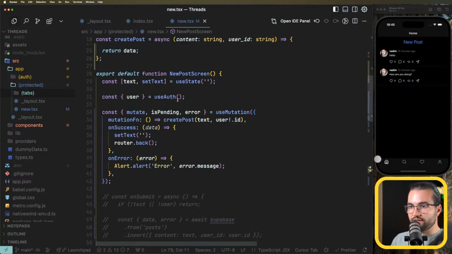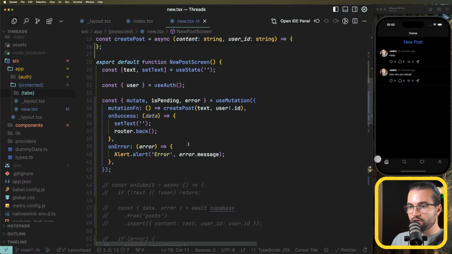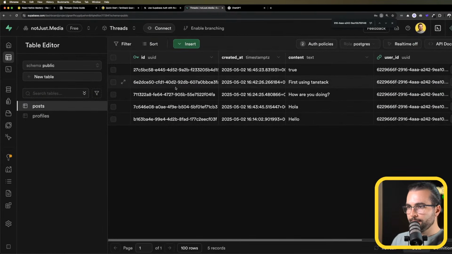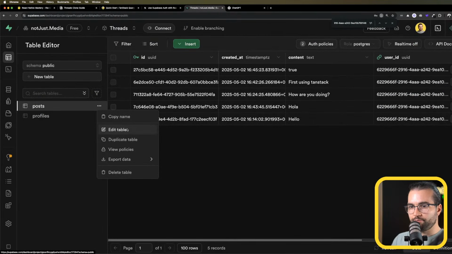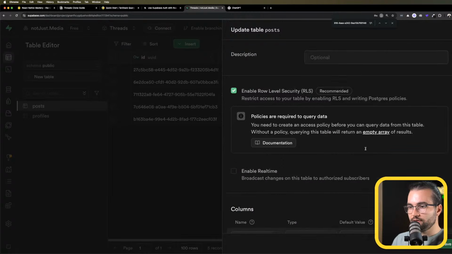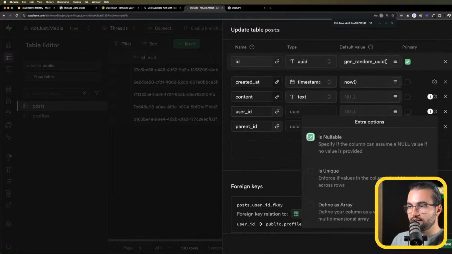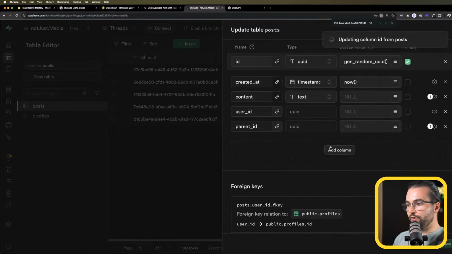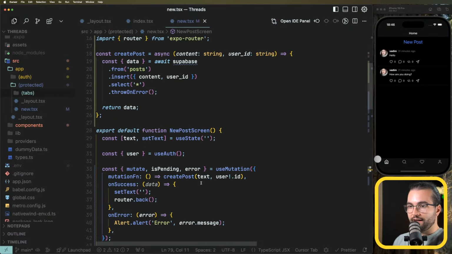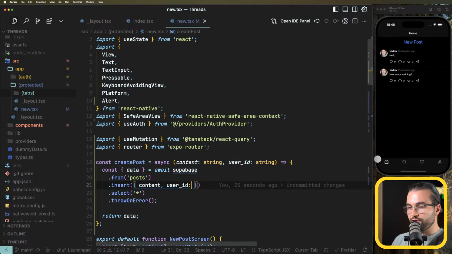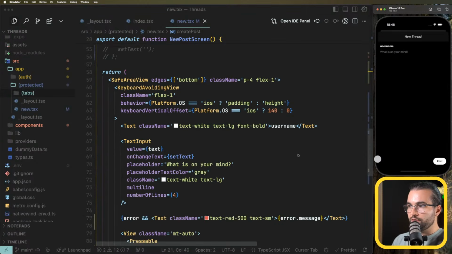Maybe if I will say user ID, because user ID was required. Let me check in the edit table and make sure that the user ID in the settings, I will deselect is nullable, making it a required field. So if I do save, and then come back and specifically crash this one by saying null,